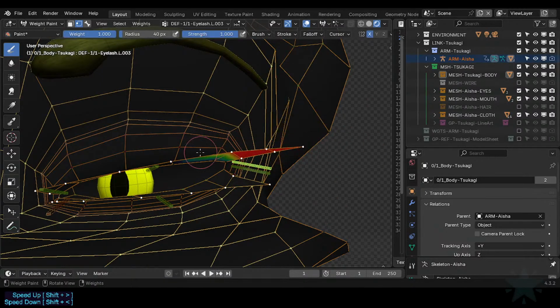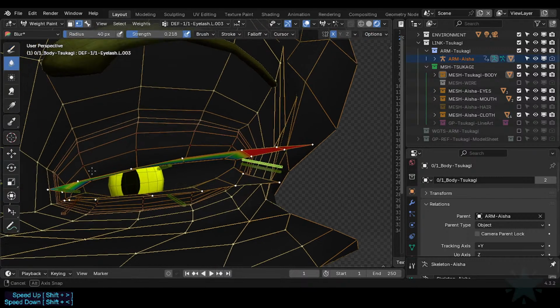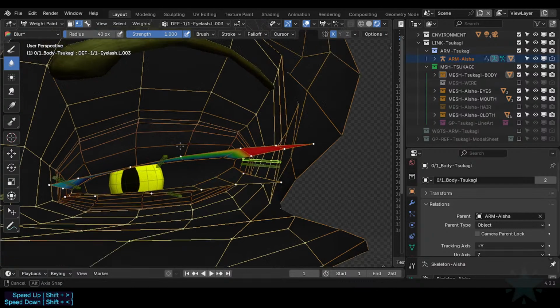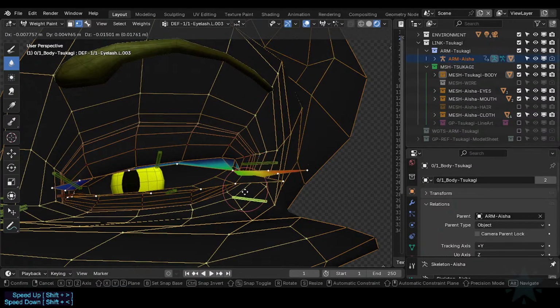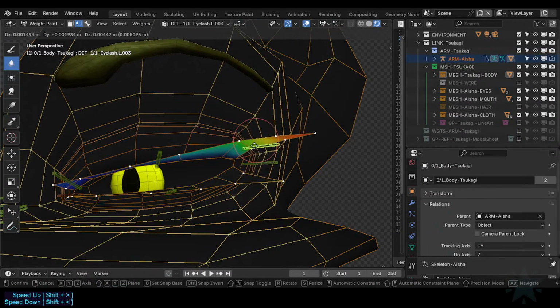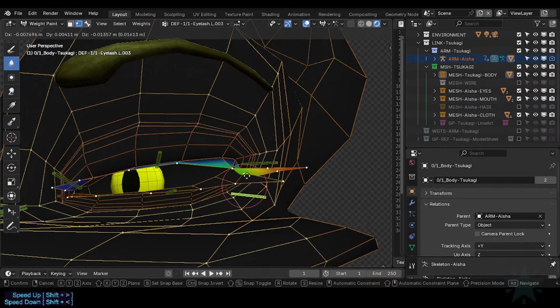I could have made a different selection, but it's so simple. There's so little amount of vertices here that this is not... Okay, and you see that maybe we want some